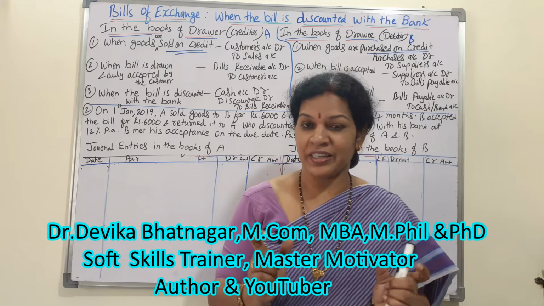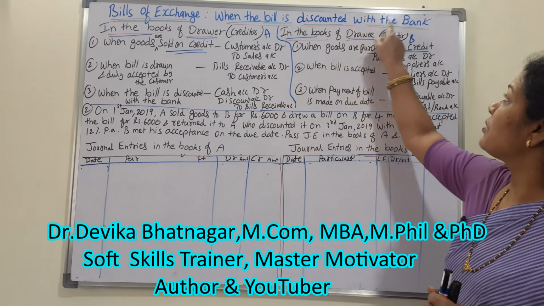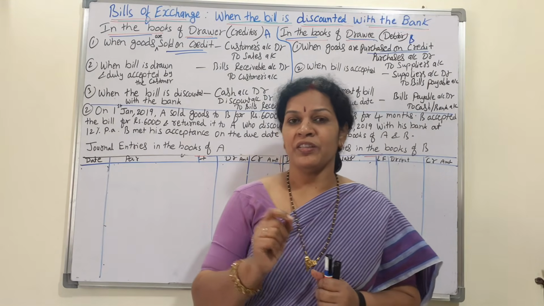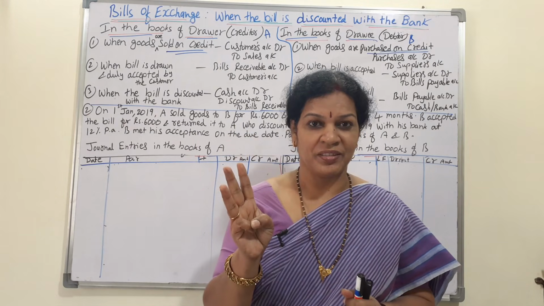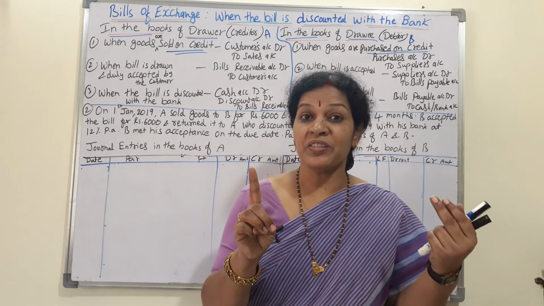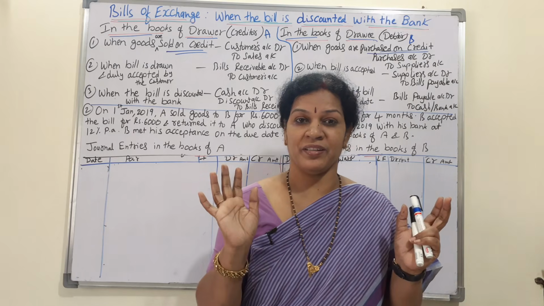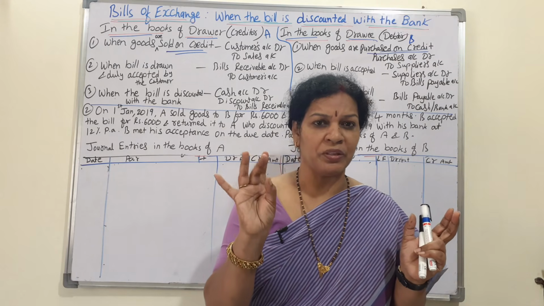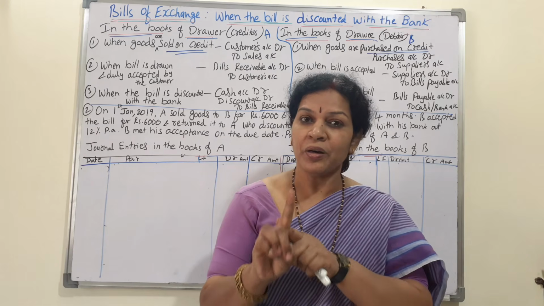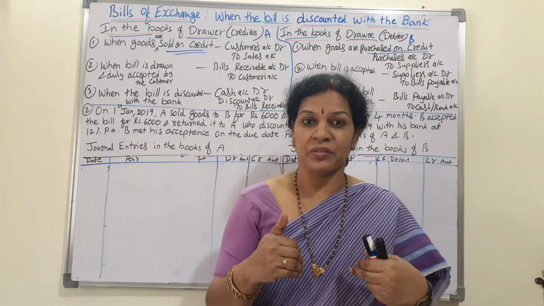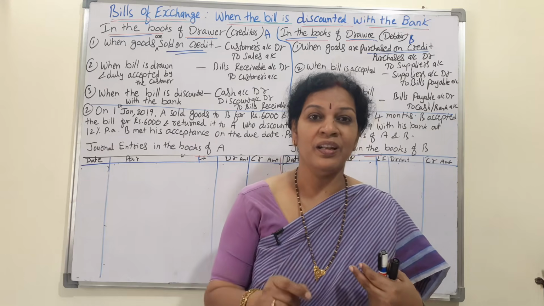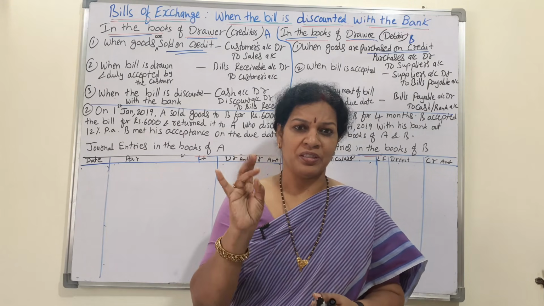So this is a different case. The case is when the bill is discounted with the bank. What is this, discounted with the bank? Let me tell you. Suppose the bill is written for 3 months. After 1 month, if the drawer wants to discount this bill from the bank, before the due date only, the actual bill is 3 months, so after 1 month, when the drawer wants to draw the amount, that is, discount, means 2 months are left.